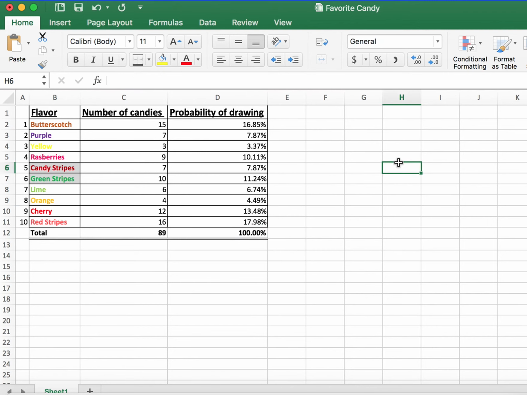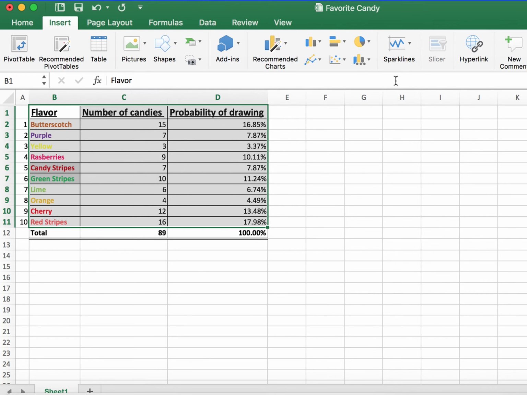Okay, so we have our theoretical probabilities of drawing each type of flavor, and the next thing you need to do is you need to create a bar chart. Okay, so you need to create a bar chart with both of these columns. It's not very clear in the assignment. It says something about the key, and that's kind of a hint. But here you need to select everything, so I'm going to select everything. And I'm going to go to